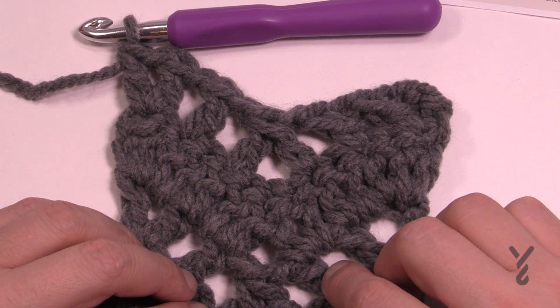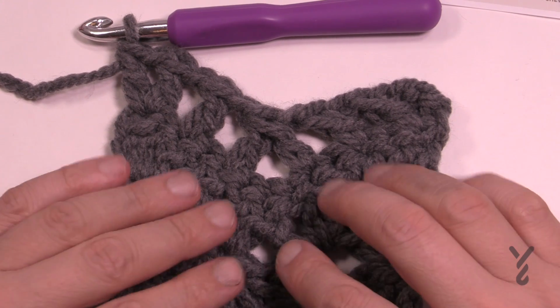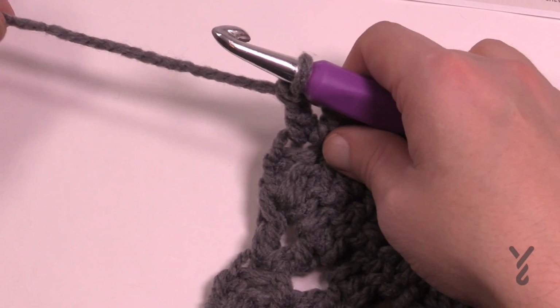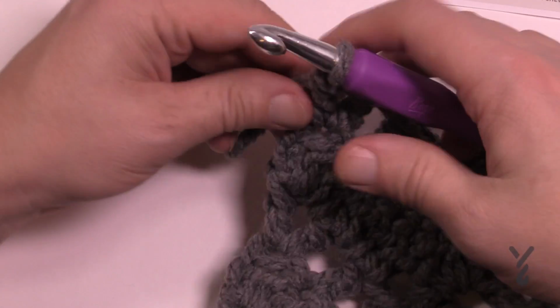It is suggesting, how many rows is it suggesting? It's suggesting quite a bit. So it's a total of 60 inches. So 5 feet is the length, and then when you're done, all you can do is just trim your work. So say I was done, just trim your work, pull it through,